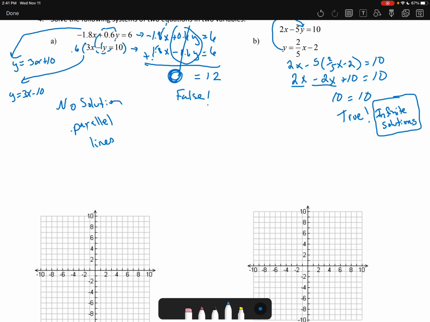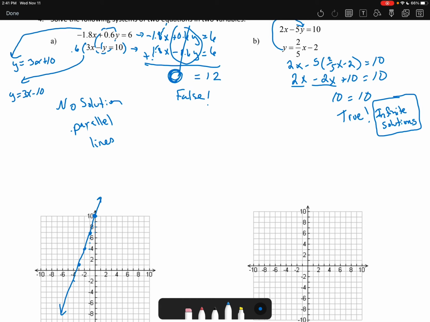So if I want to graph that, when the first one says start up at 10 and then go up 3 over 1, I run out of graph to try to do that. So instead I'm going to go down 3 and backwards 1. And I'm just going to do it in reverse. You're allowed to do that as long as you do both in reverse. So that line